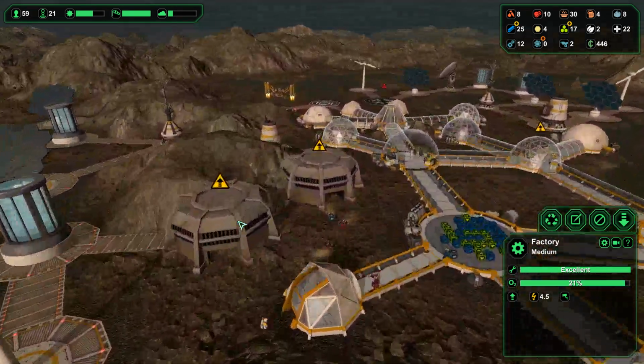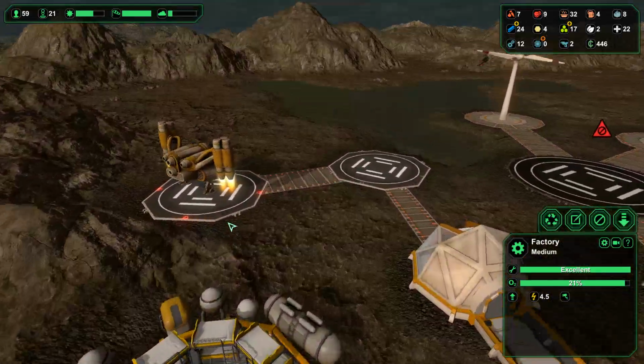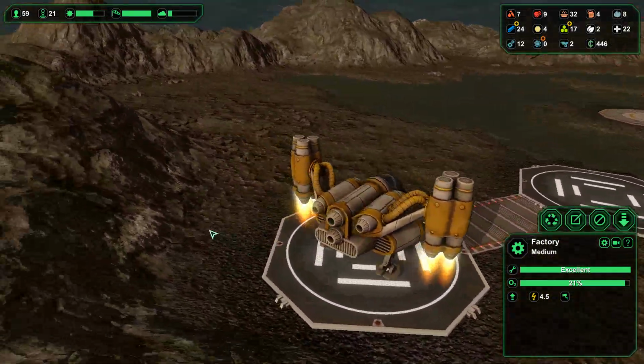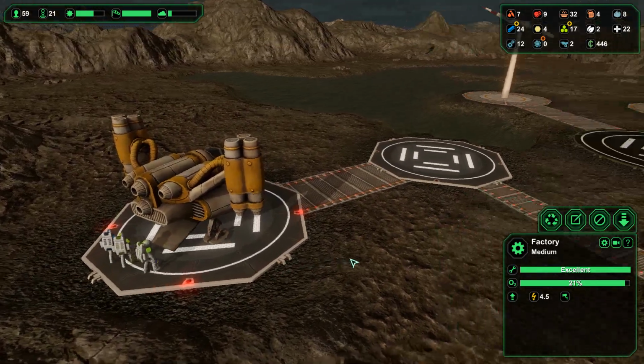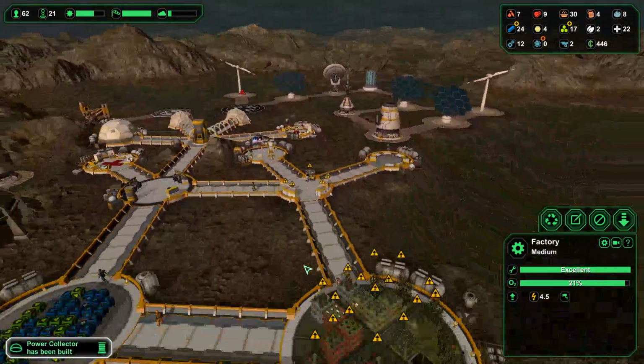Oh, we got more crew coming in here. Let's see what we got. Nice smooth landing here. He picked a good time to land. And El Dumpo, again, 2 more biologists, 1 more worker. All right, so